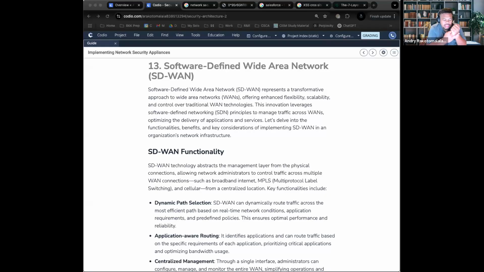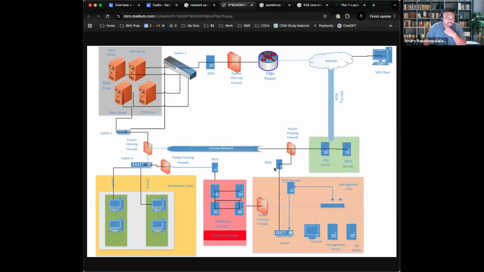That's all it is. That means that instead of going into each of the devices individually, such as if I were to go into this device, right? This is my network, let's say. In my network, I have this edge router, I have this firewall, I have this switch, all these servers, all these workstations, all of these devices.